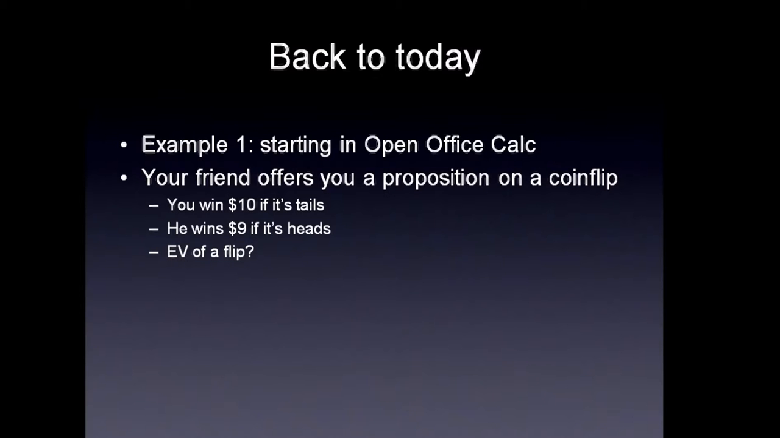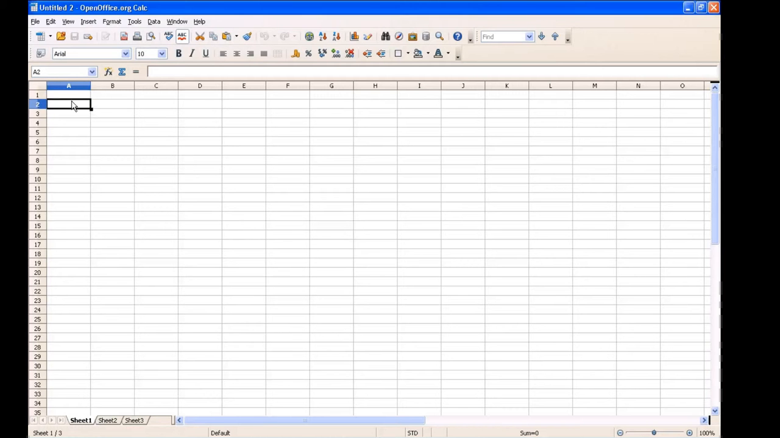And I'll be right back in OpenOffice, and we'll get started with our work. So here we have our OpenOffice Calc spreadsheet. Getting started with that, our first scenario, as I illustrated in the PowerPoint, was we have this coin flip where we are offered $10 for tails and we lose $9 for heads,